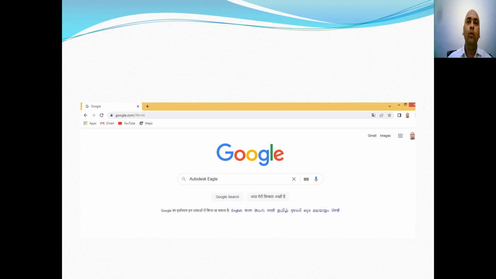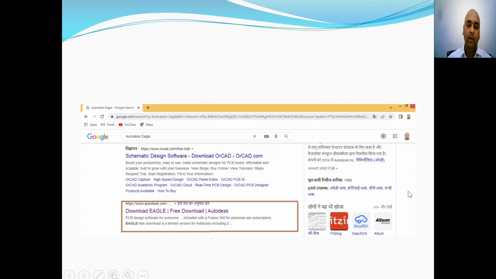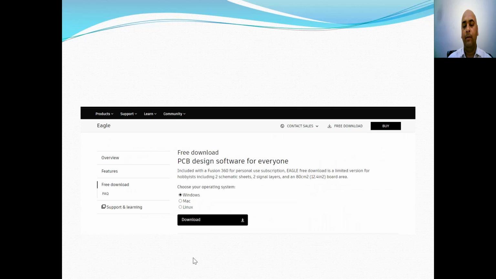So in order to download Autodesk Eagle, just go to Google and type Autodesk Eagle. Then using the link Download Eagle, free download Autodesk, navigate to the Autodesk website.